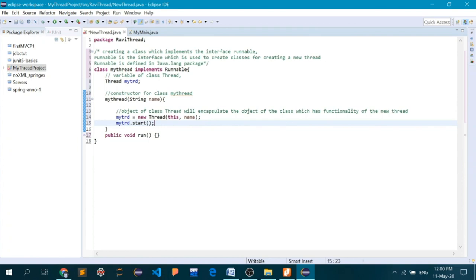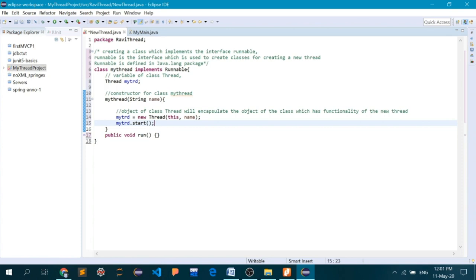Now I can call this particular function in the main class also, or anywhere outside this constructor. But the advantage of doing this here is that when in the main class we create an object of class myThread, its constructor will be called automatically.